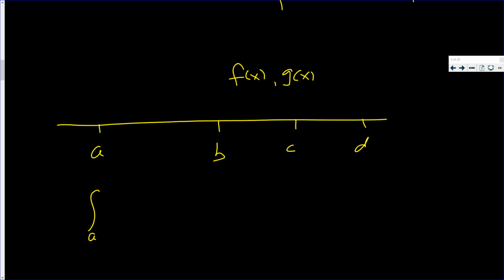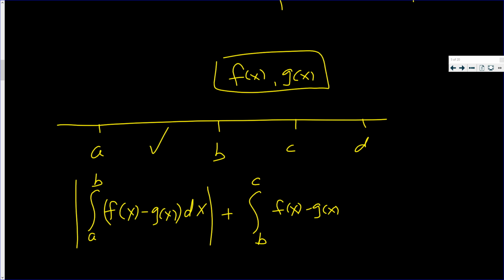Now, I'm going to take care of the integral from b to c. I'm going to write f of x minus g of x. In fact, do it where you'll get a nicer answer. If f minus g is not as nice as g minus f, do g minus f dx. This will be the right answer, exactly the way I wrote it, if f was larger than g on that interval. But in case it wasn't, let's take the absolute value. So we took care of that interval. Now we deal with c to d. We'll do f of x minus g of x dx,